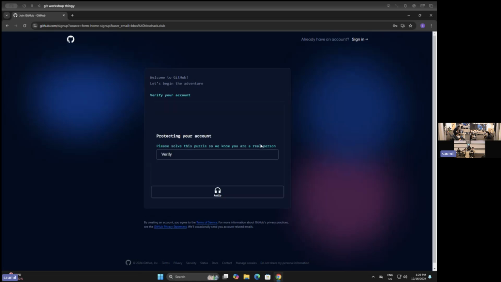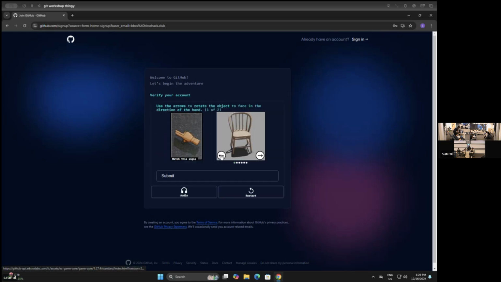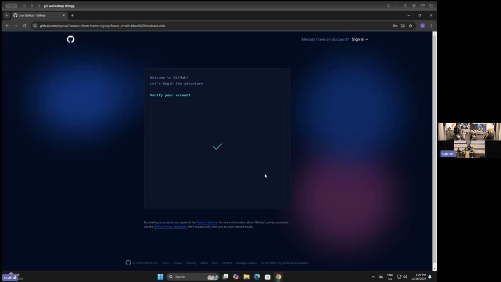And then you get a verification screen. What are these cryptic puzzles? Submit. Hey, I'm not a bot. All right, so now that you have a GitHub account, you